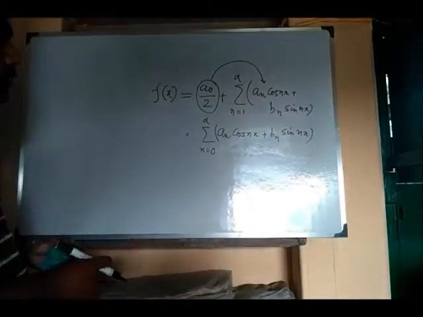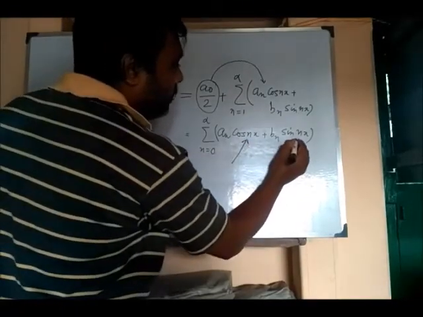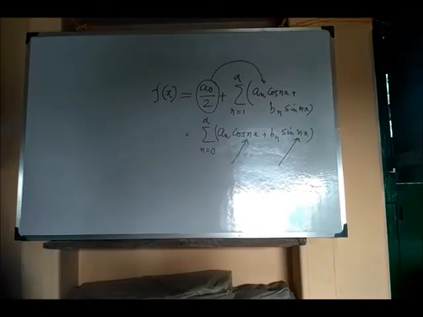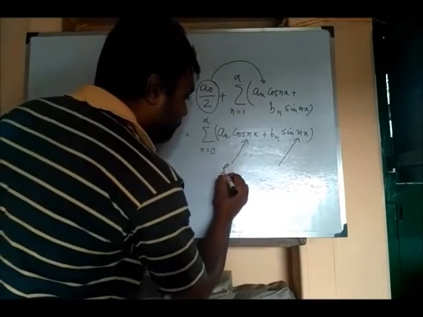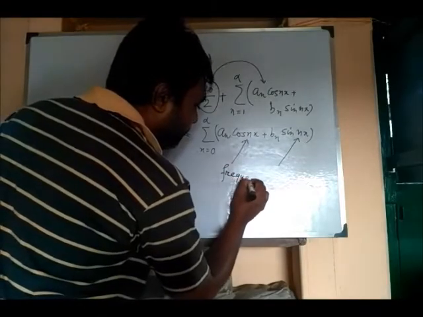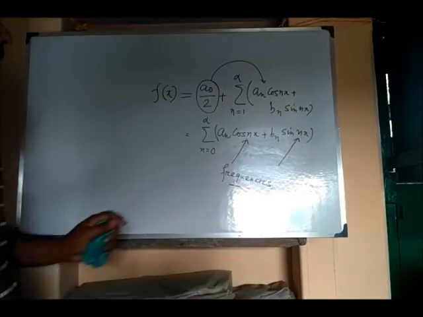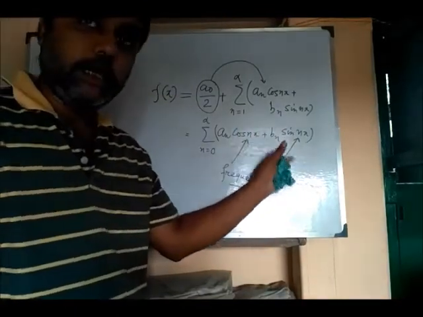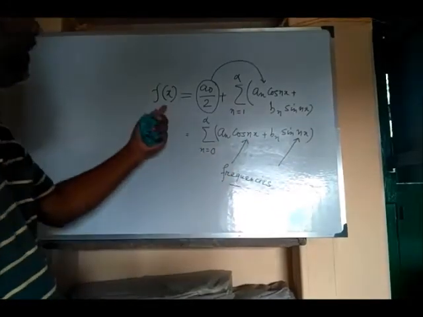Alright, so what does it mean? If you say that this n represents some frequencies of some wave whose linear combination gives me this function f(x),